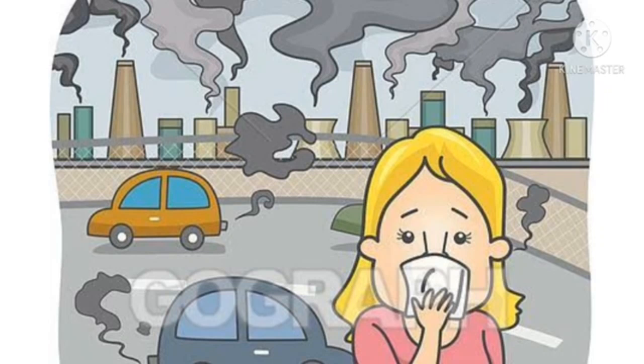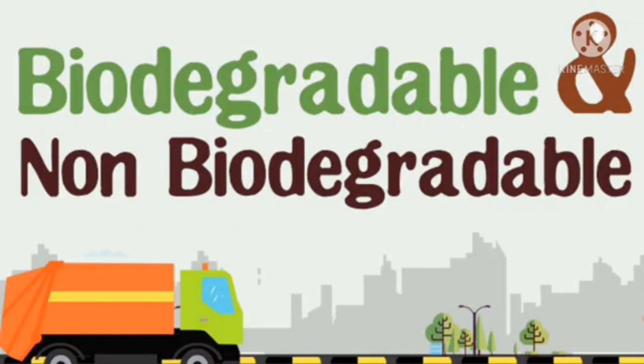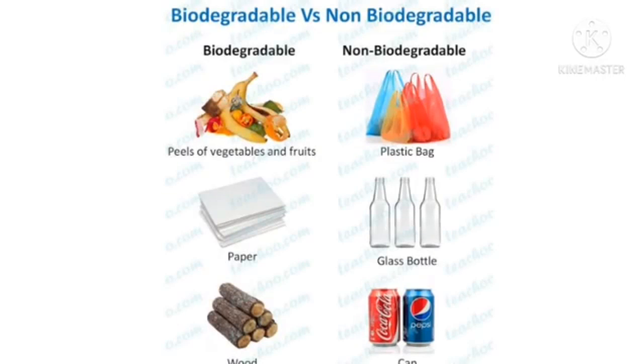And the next thing is biodegradable and non-biodegradable waste. Waste such as fruit and vegetable peels, items made of wood and paper usually decompose. The rotten and decomposed waste gets mixed with the soil and changes into manure. Such waste which decomposes is called